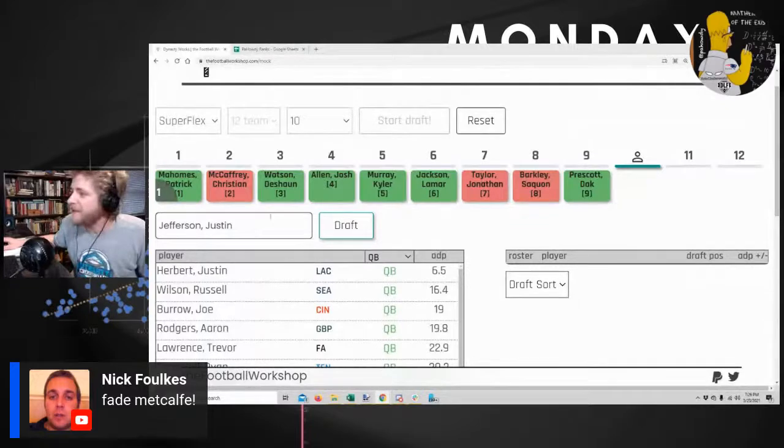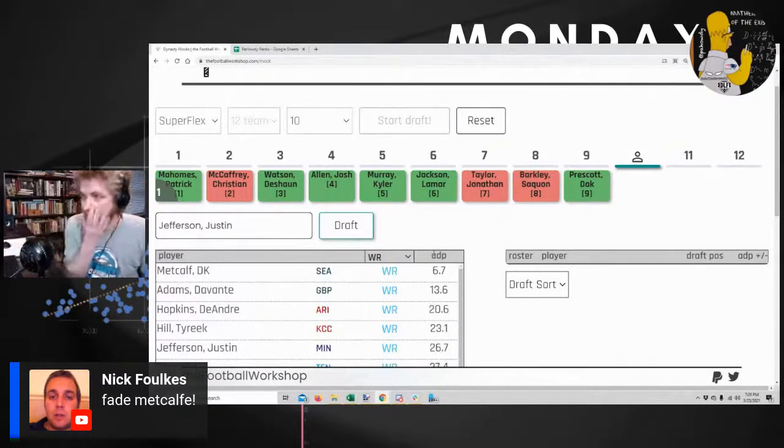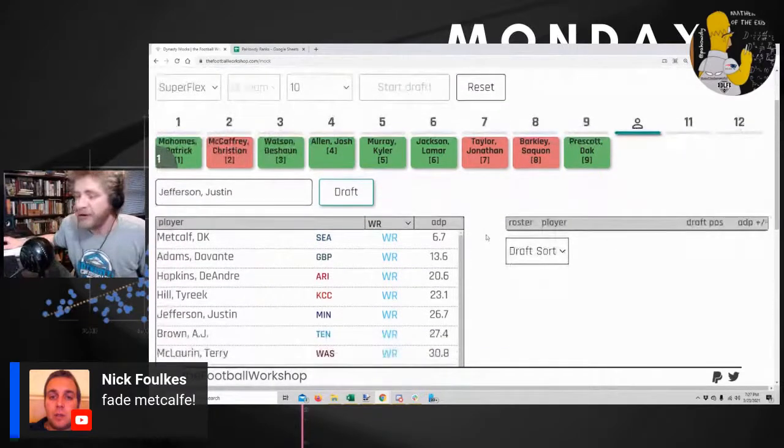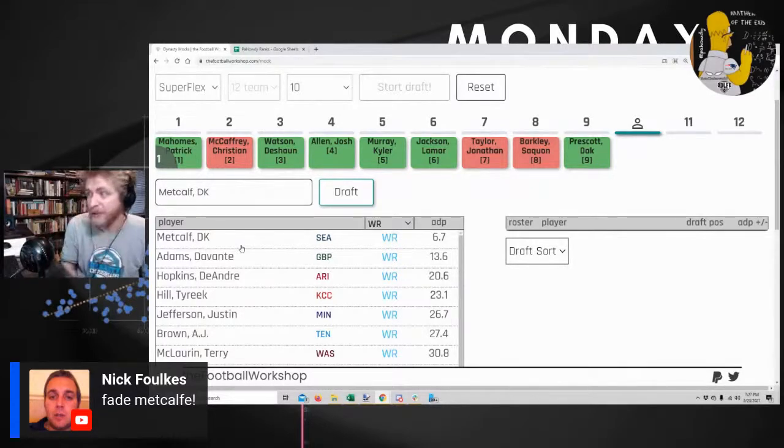Fade Metcalf. Yeah, that's the thing. And that's honestly why I paused and didn't just put in two names in here. Metcalf would be consensus here. He's 6.7 according to the ADP in the calculator. I think we're getting him at a value. I don't typically draft to trade, but where you can't trade in this draft, yeah, Metcalf would be a solid pick here because you could then presumably trade him afterwards and you can get your next favorite wide receiver on the turn. I think we're going to have our choices.